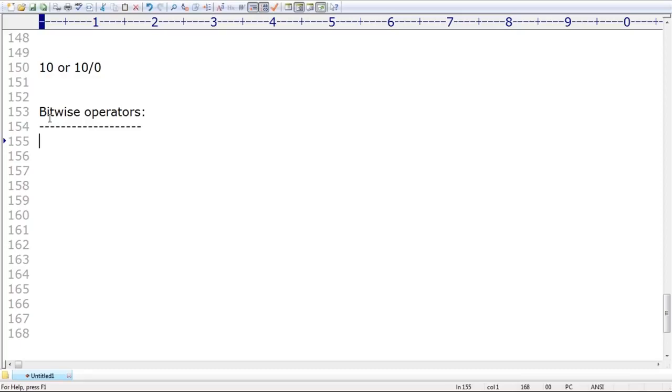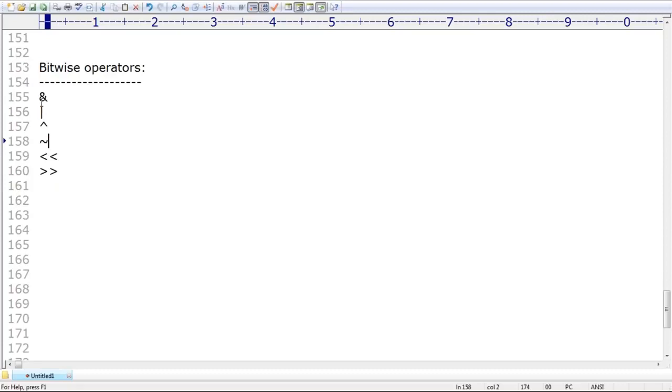Sir, which operators are there? Very simple. The and operator, the or operator, next this operator is also there. What is the meaning? We will discuss. The xor operator, mostly xor related. Next, after that, sir, the complement operator is there. Next, the left shift operator is there, the right shift operator is there, sir. These operators are by default considered as bitwise operators. Take a bit of special care about these operators, right? And, or, xor like this, right?